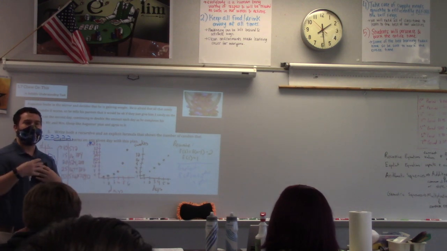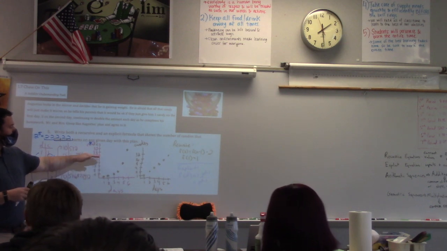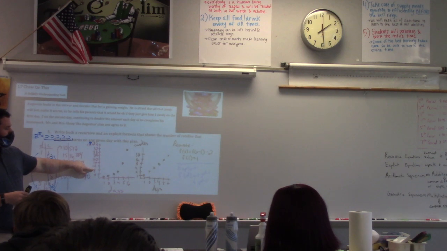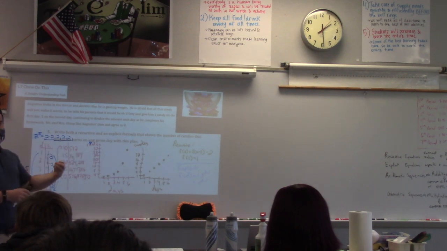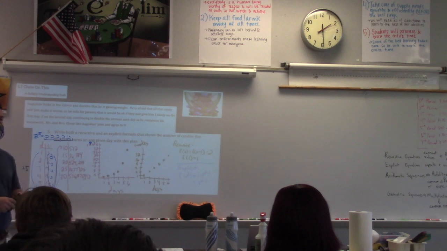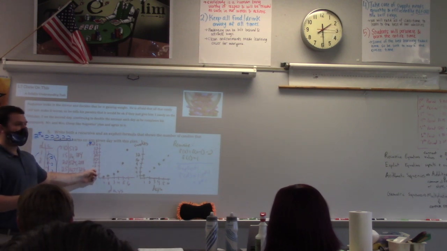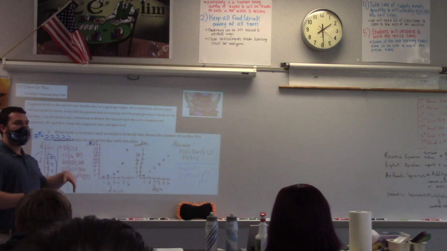Whenever you scale an axis, you always need to have what type of rate of change for the scale? 4, 8, 12, 16, 20, 24, 28. What am I repeatedly doing there? Repeatedly adding. 4 to 8 to 12 to 16. Is that multiplying? When you scale your axes,